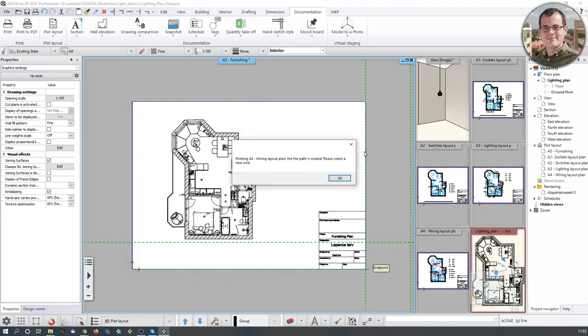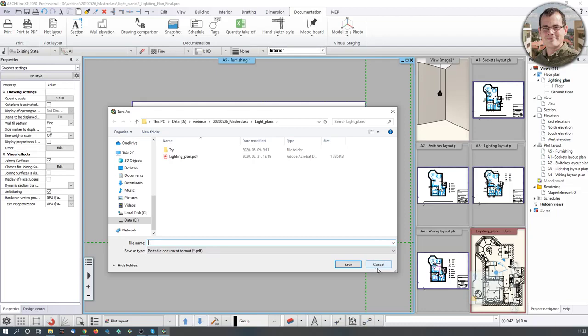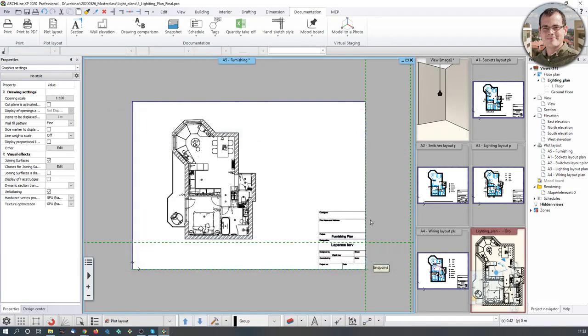Let me just terminate the printing action. I don't need that. I think it has 5 pages, so I have to do this 5 times. Meanwhile, let me see the questions. So, can I create a custom symbol, and can the quantities of switches, sockets, etc. be added to the layout? Let's investigate. So let's start with the